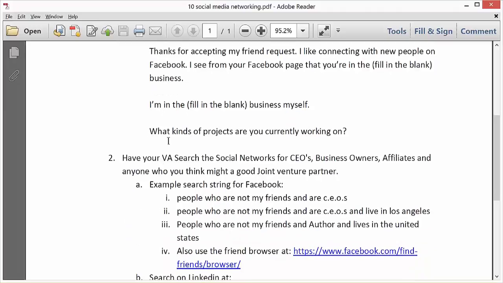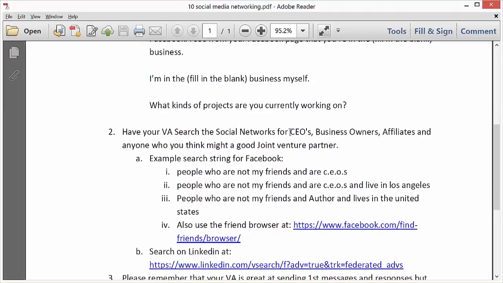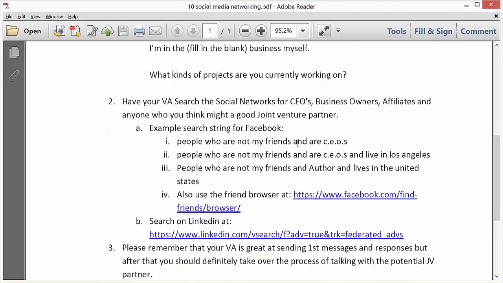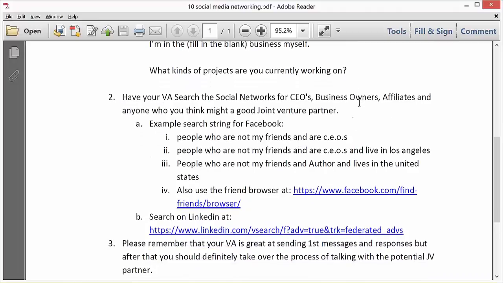So basically you would have your VA search the social networks for CEOs, business owners, affiliates, and anyone who you think might be a good joint venture partner or customer, we could say. Example search strings for Facebook: people who are not my friends and are CEOs; people who are not my friends and are CEOs and live in Los Angeles; people who are not my friends and author and lives in the United States. So let me show you how these work. So let's use this one for an example. So I'm just going to copy that